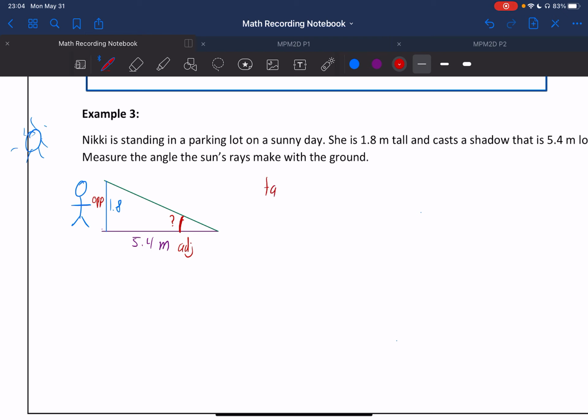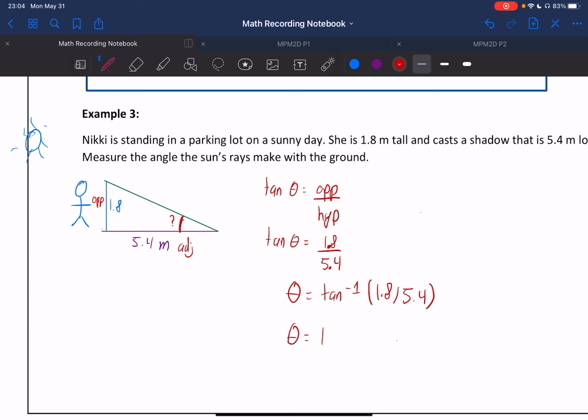So we get tan theta equals opposite over adjacent. So let's fill in what we know. We have tan theta. Still don't know what theta is. Our opposite is 1.8 and our adjacent is 5.4. And anytime we're finding the angle, we're going to use the inverse. So we have theta is now going to equal tan inverse 1.8 divided by 5.4. When you put that in your calculator, what you're going to get for theta is 18